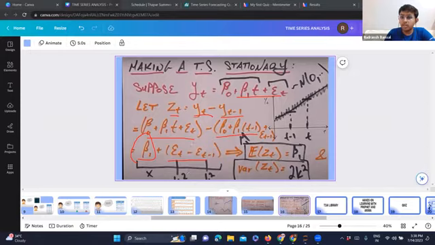Since these errors originate from the same function, they are some kind of constant only. So the mean of this new time series, z t, will be a constant, and the variance will also be a constant. This is how we can achieve the stationarity condition, and this is what we call differencing. This differencing can be used on various occasions.